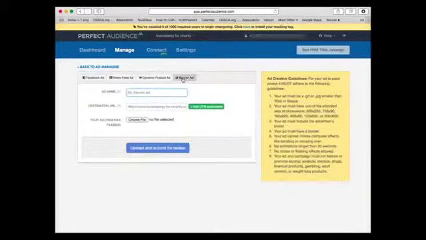When I go to banner ad, it's very similar: creating an ad name, destination, and then when it asks me to upload a file, my actual banner ad. Unfortunately, with Perfect Audience, they do not offer you a platform to use to create your banner ads. So either you have to create it yourself or you have to hire someone to create your banner ads for you before you can successfully create this banner ad campaign.